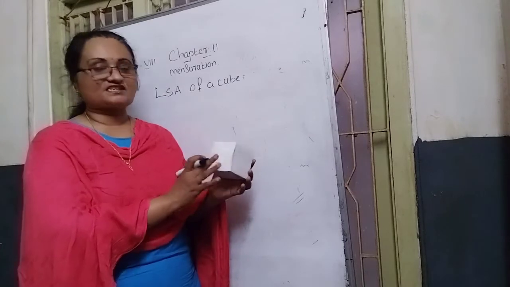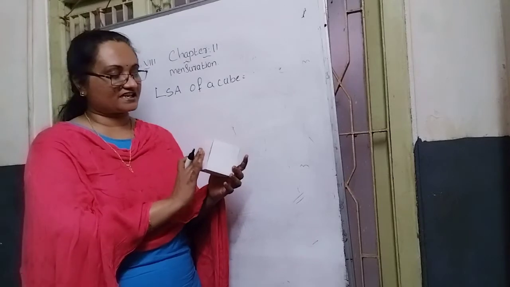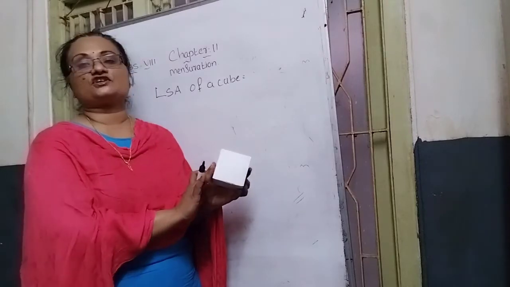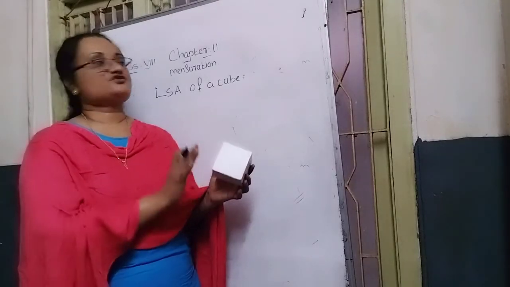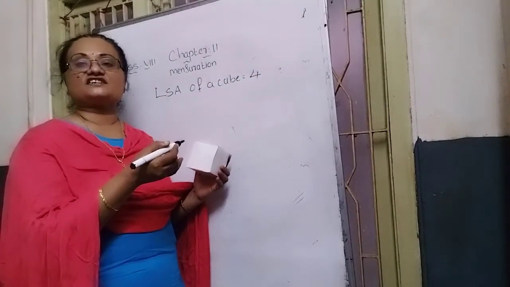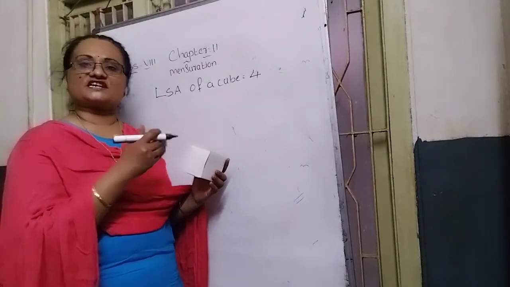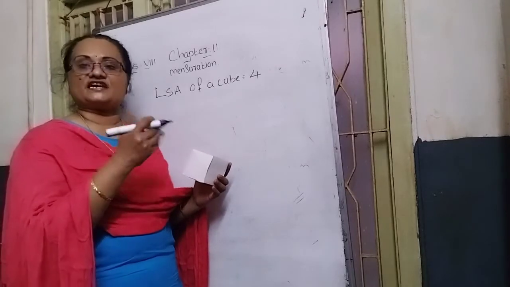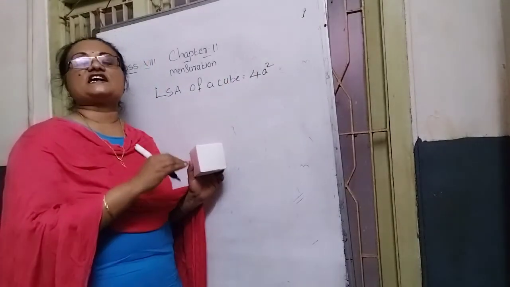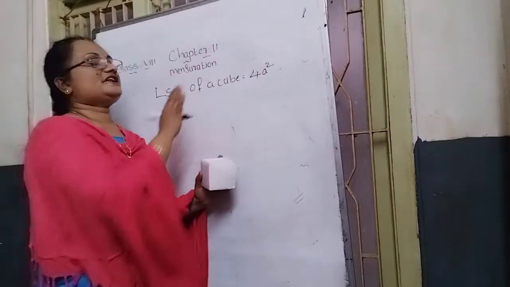The square is this one. What is the formula for the area of a square? Side into side. So first face's square area plus second square area plus third plus fourth square area are added. Generally, 4 faces are there, and the area of a square is side into side, or S into S, S squared, or a squared. So 4 times the area of the square gives the LSA of the cube.